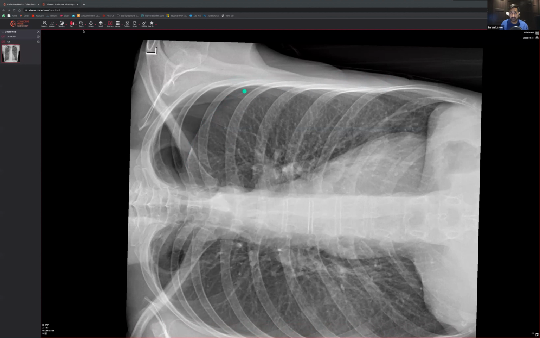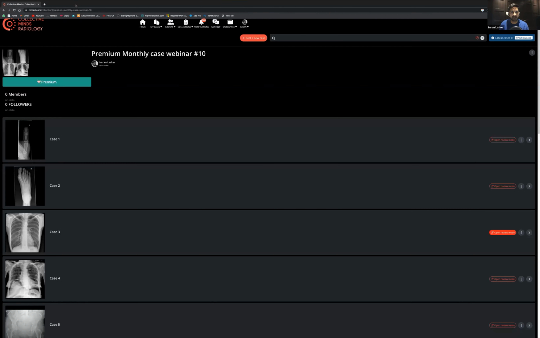And again, Collective Minds, it's an amazing thing that you can have a fully fledged DICOM viewer sitting right here, where you can do the rotation, the windowing, the panning, and I'm also annotating with the software that I've got, because I do a lot of teaching, but you can also get a pen like this and also erase it with the word E on here as well. So it's a really, really useful platform.